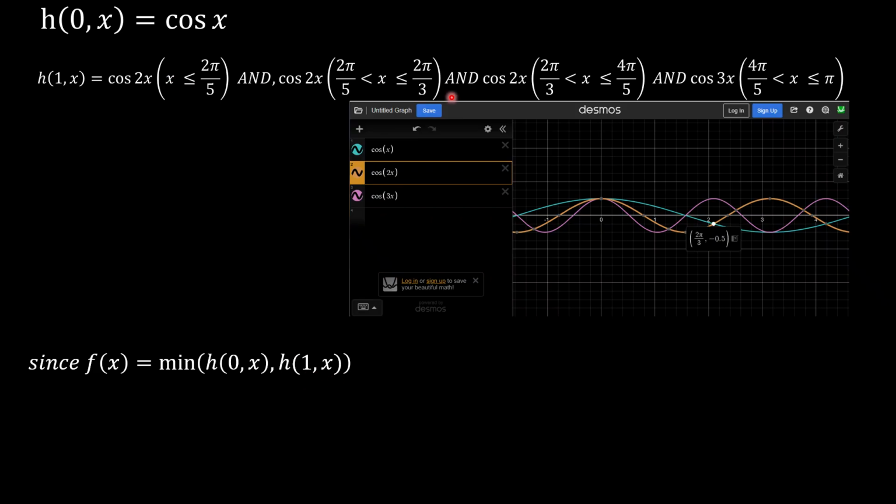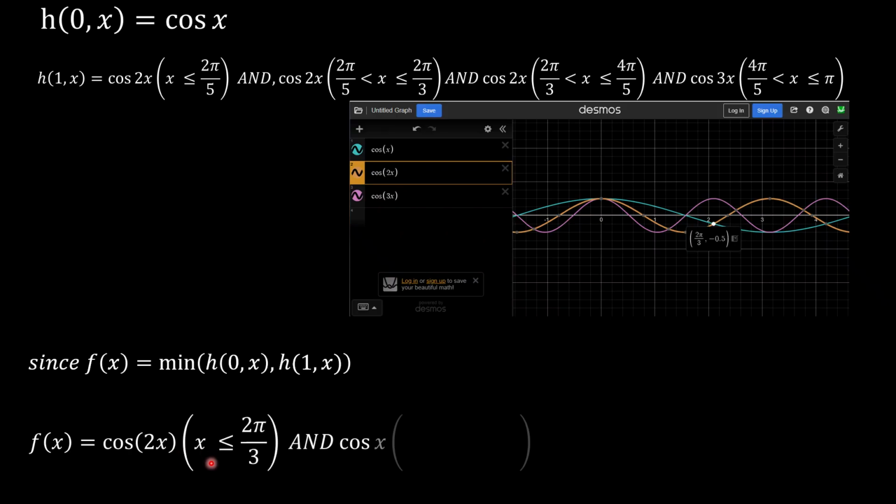So in all this region, we're going to be comparing cosine x and cosine 2x, cosine 2x, cosine 3x. So in this entire region here, what is the minimum? What is the minimum is cosine 2x up to 2 pi over 3. Okay, so f(x) is cosine 2x from x equals 0 to 2 pi over 3, and above that cosine x